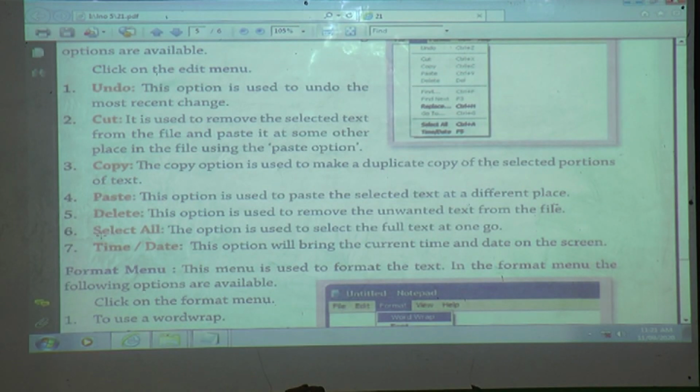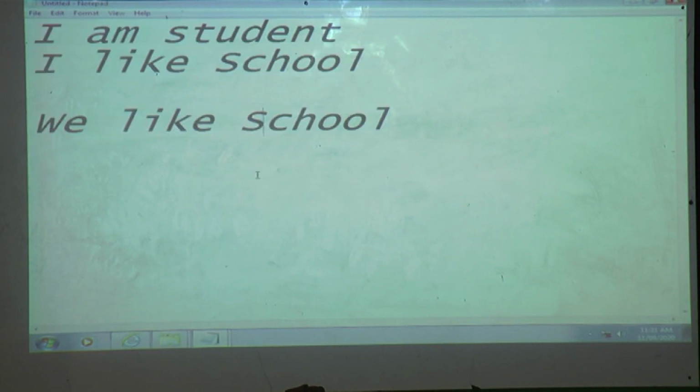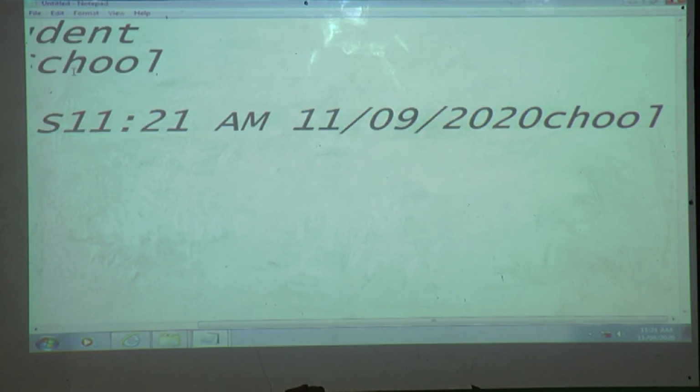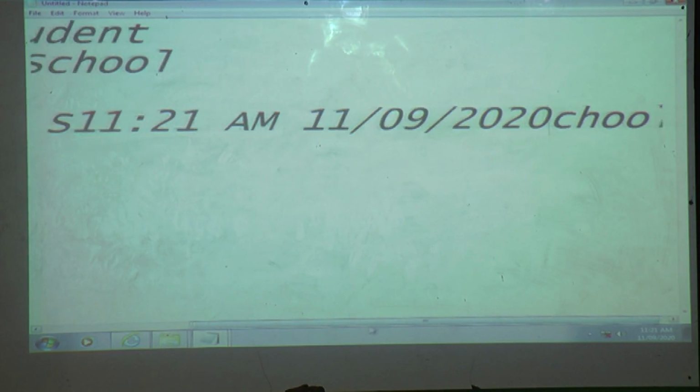If you want to select all what we wrote, that time we can use the select all option. Next one is time and date. This option will bring the current time and date on the screen. We will see here. If I press this time and date, what can you see?